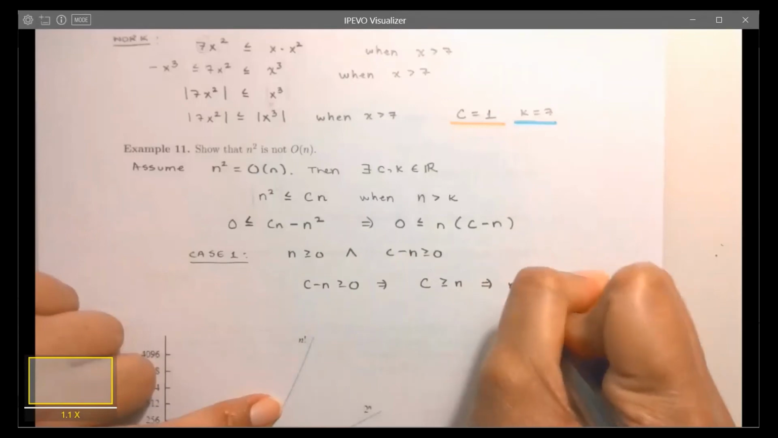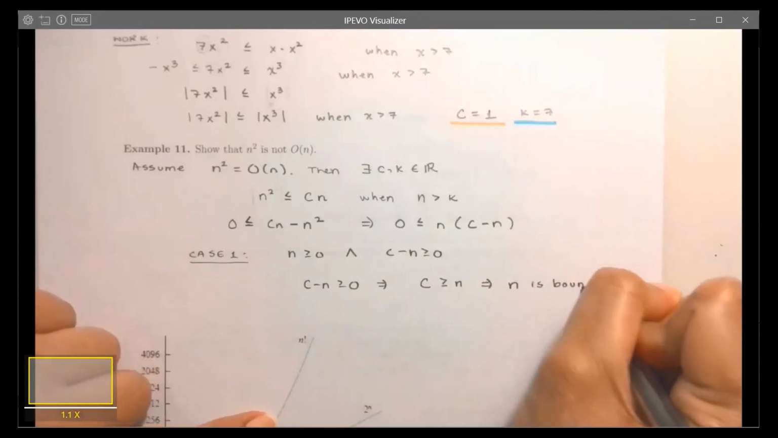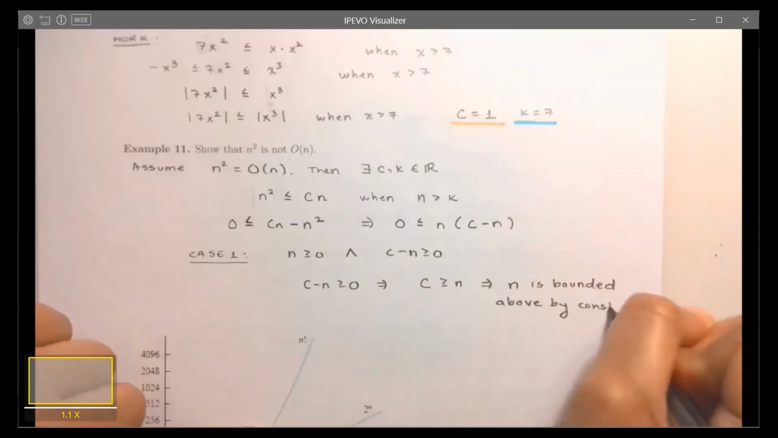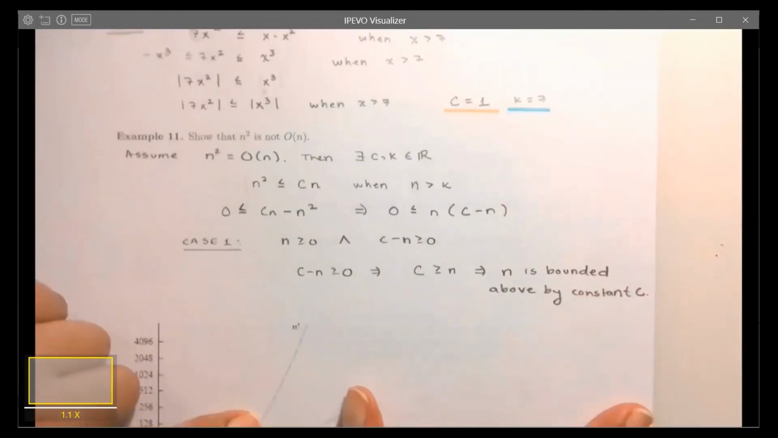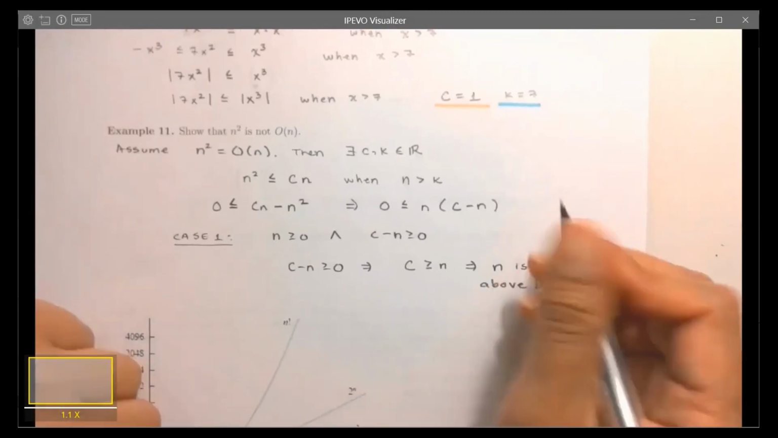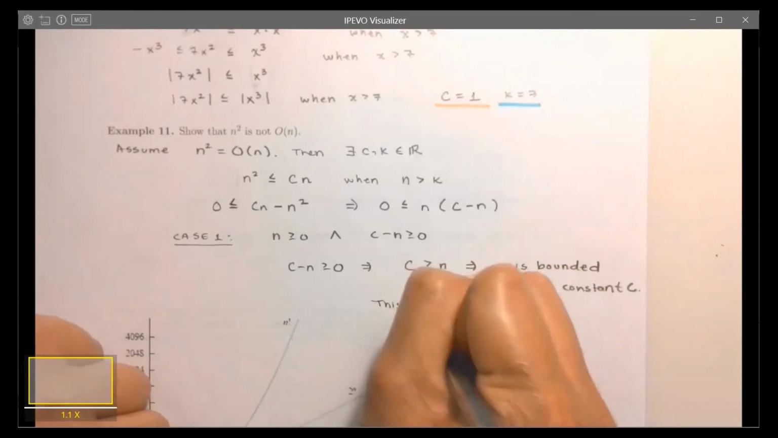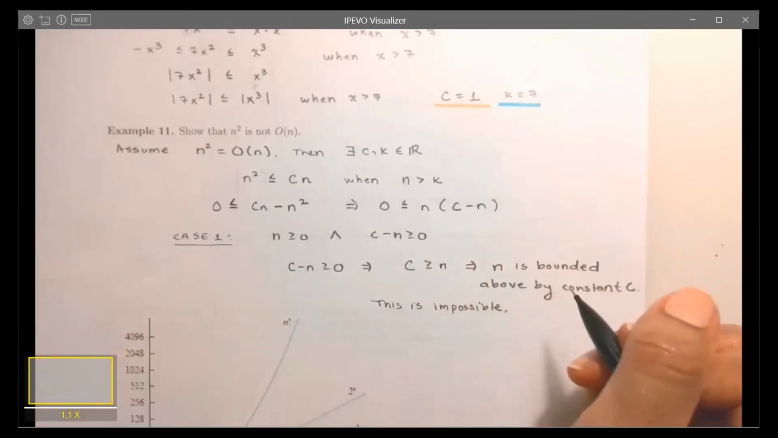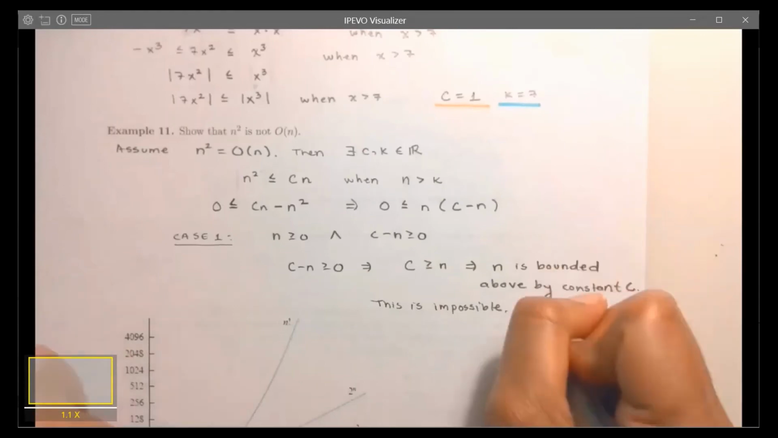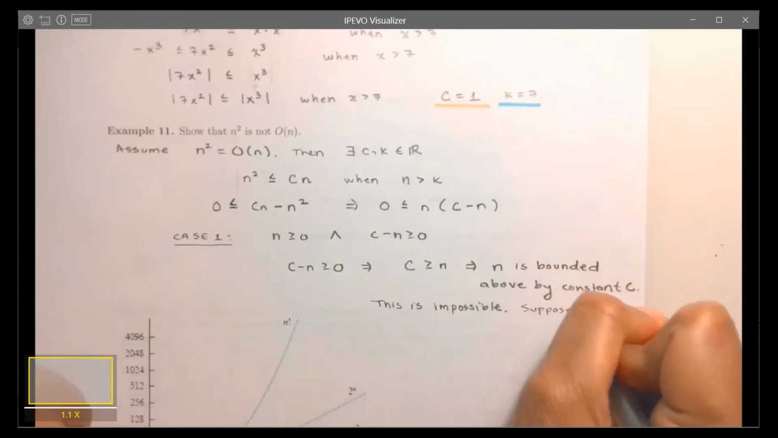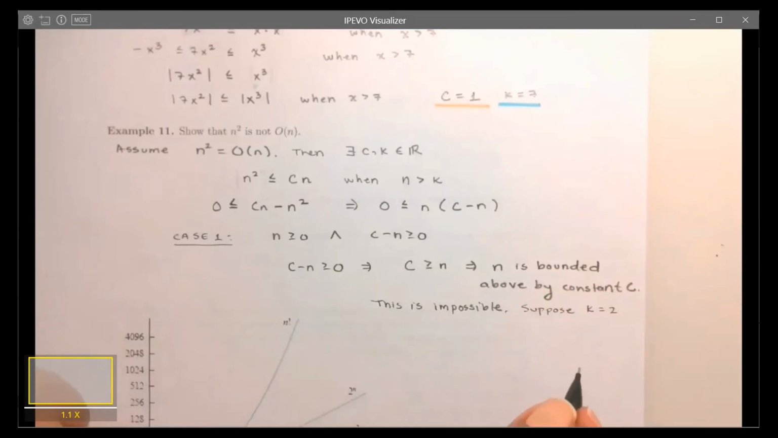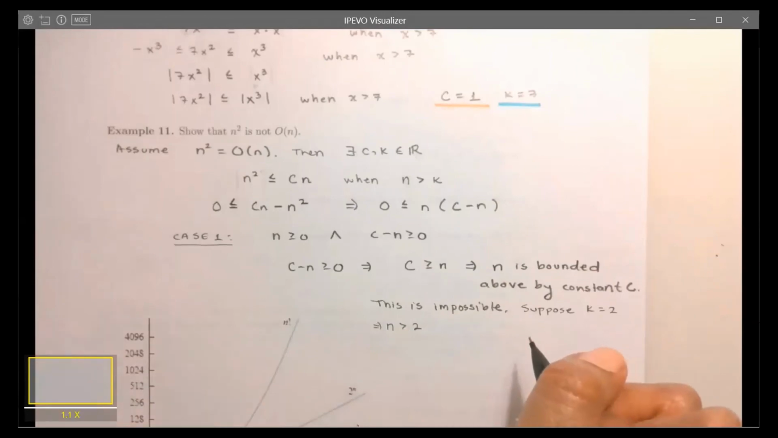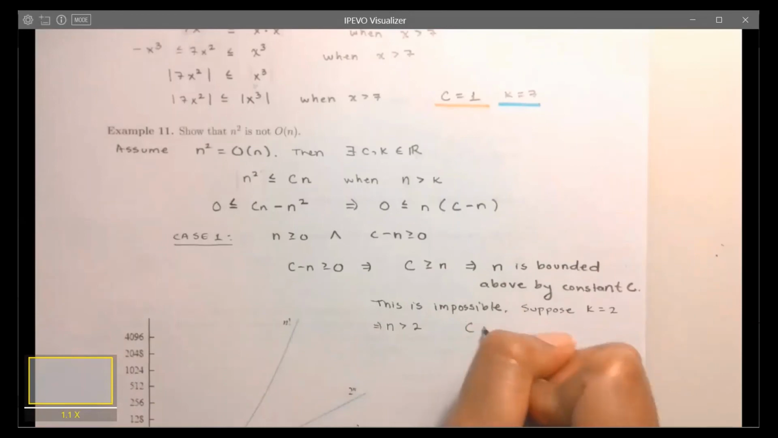So what this is saying is that n is bounded above by some constant c. Well, that is a contradiction, because this is impossible. If you give me some value for k, let's suppose that k is 2, then we have the condition that n has to be greater than 2, and if you say c is, let's say, 3,